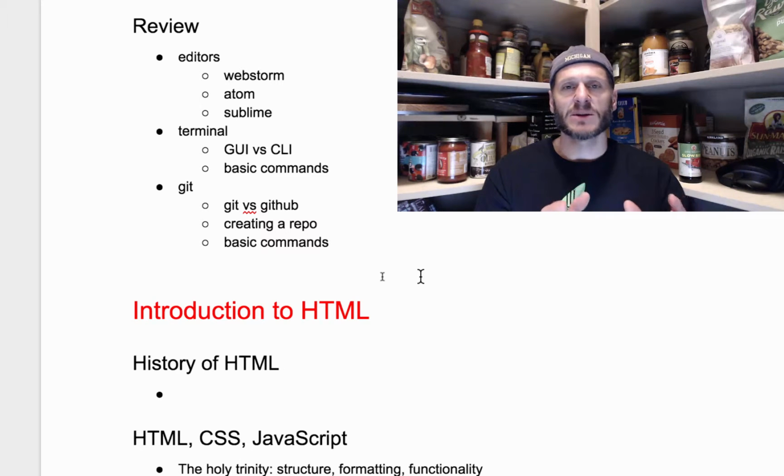And then the next thing we learned about was Git and GitHub, and you learned about the history of Git and how it evolved, and this interesting story from computers. Then we learned how GitHub was created, and you saw how to create a repo, and you also got some basic commands for the basic workflow for working with Git and GitHub. All of that is a really big chunk of knowledge. It's a really useful piece of knowledge. It's a really solid foundation for the next stuff we're going to build,